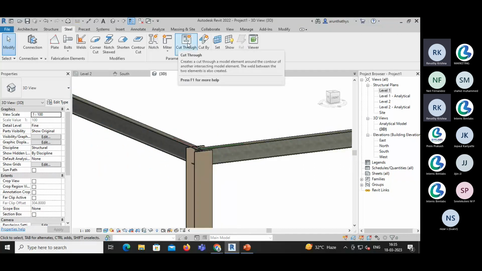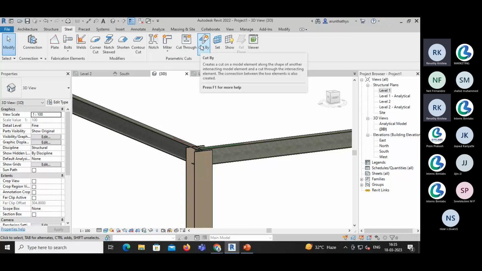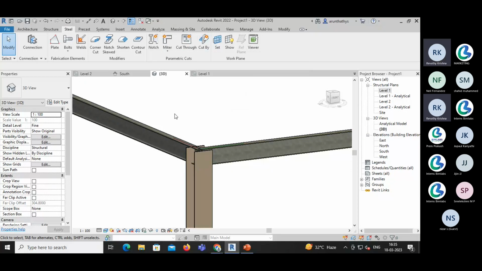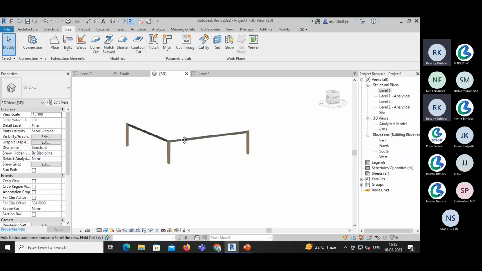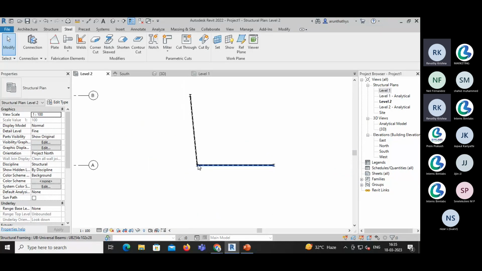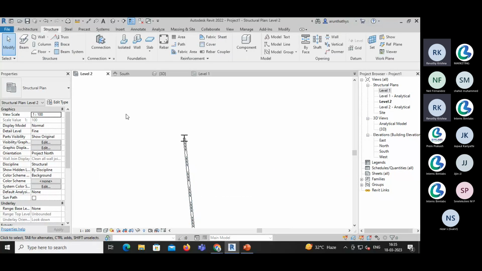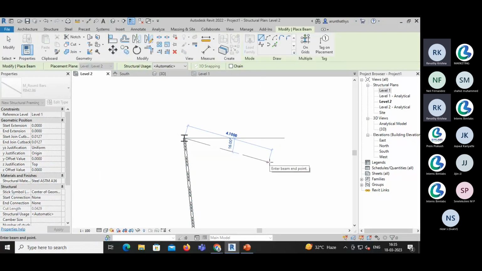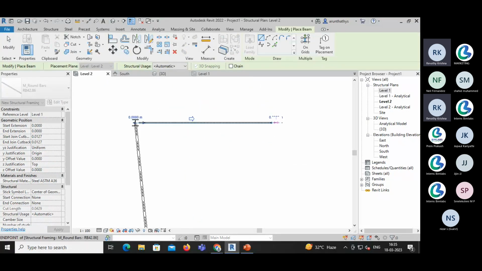And the second one is the cut through or cut by. It is similar in kind, and you can use this as a trim option too. So I'll show you how to use that one. Go to any plan view. I'm just drawing a beam from this point to this point,